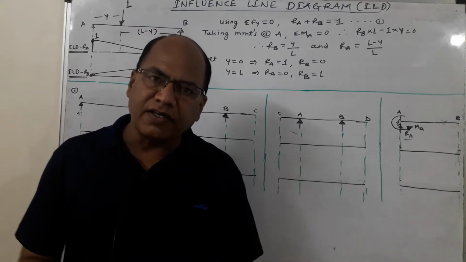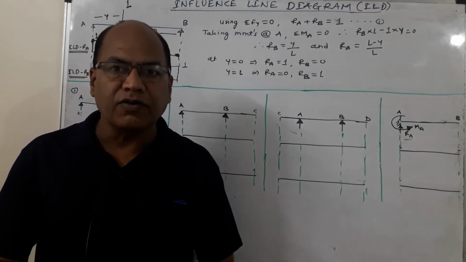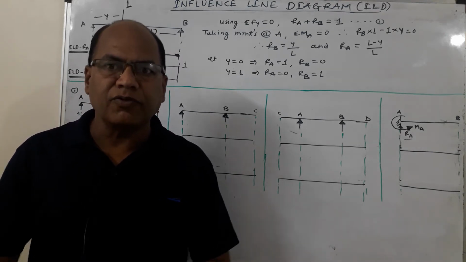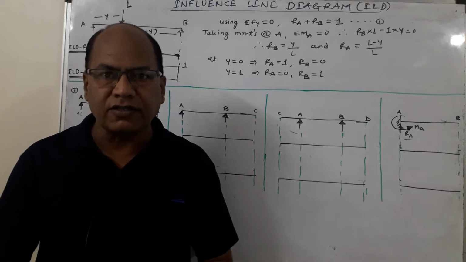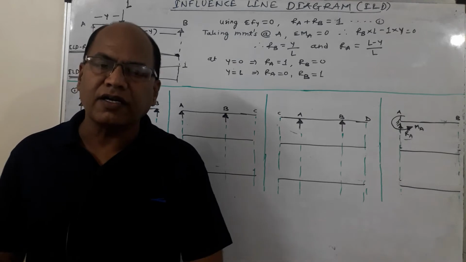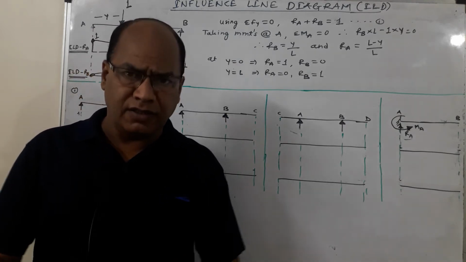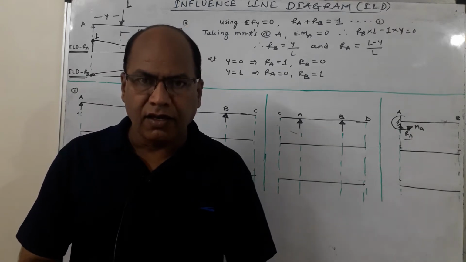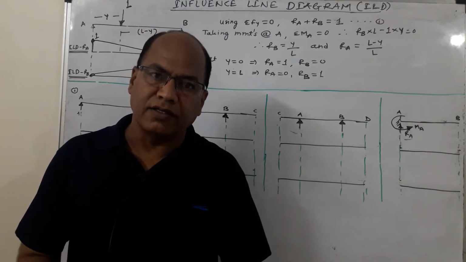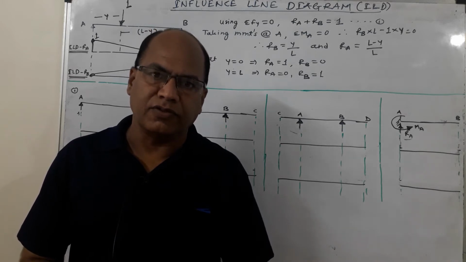The weights of the furnitures are also the case of moving loads because these furnitures can be moved from one position to another position inside the structure, or even these furnitures can also be taken outside the structure. Some additional furniture can be moved in. The weights of the moving vehicles. So all such loads are the moving type of loads.